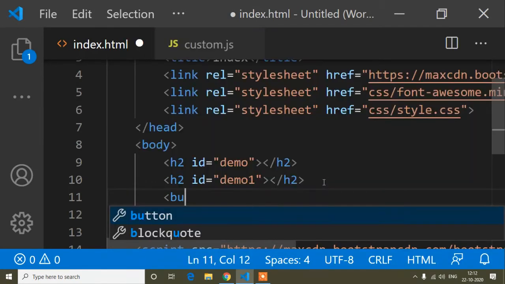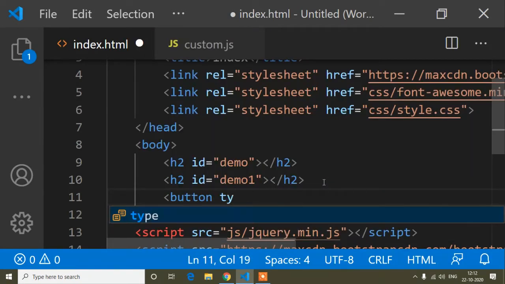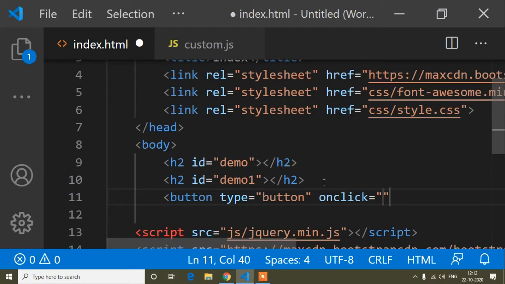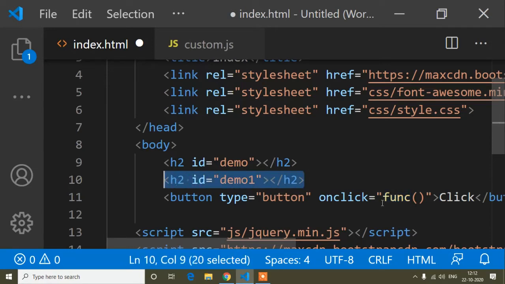So the button type is button, and on click I will write the function name. Func is the short form of function, and the button name is click, but you can write any name for the method. I am creating this button because when I click the button, I will use the findIndex method, and the result will be shown in this demo1 id.